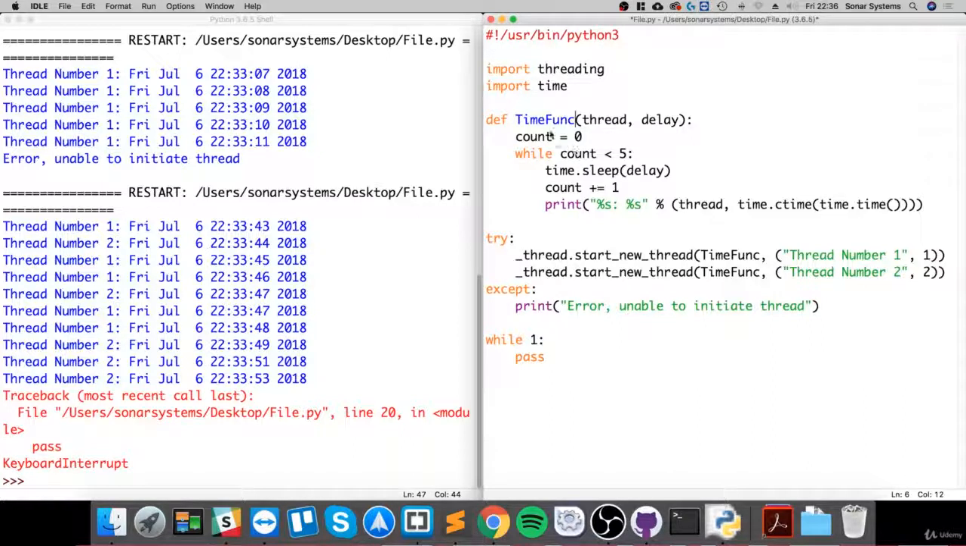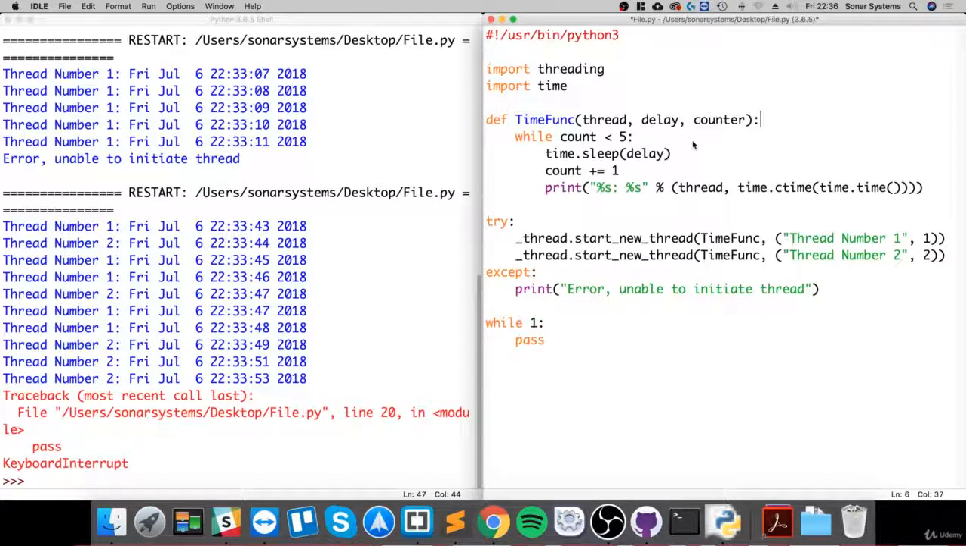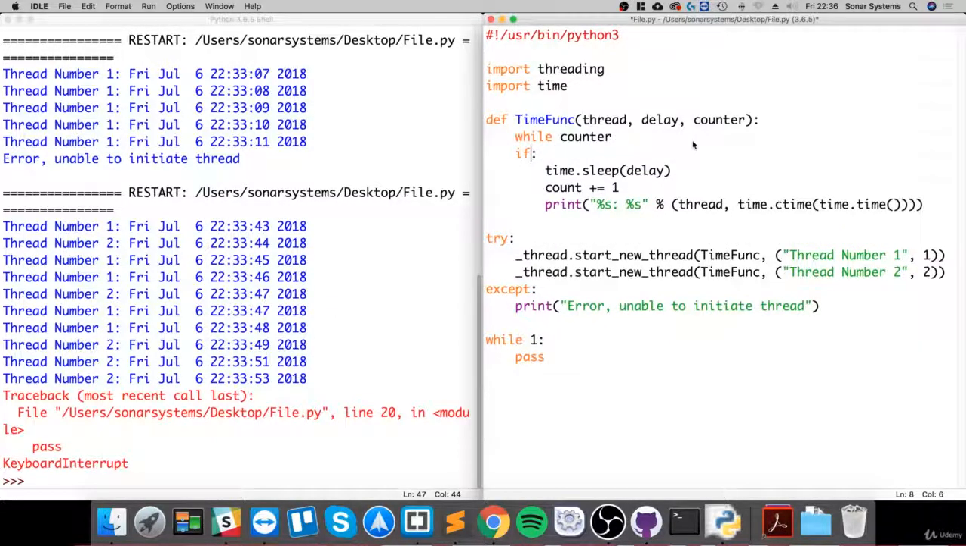So for the define time function, we'll make a few modifications to that. We'll need to add the class here, so let's just do time fun first because it's sort of already done. So thread name, delay, that's all good, but we're going to specify a counter as well to make it a bit more dynamic. And what we're going to do is say while counter, and we're going to say if exit flag,